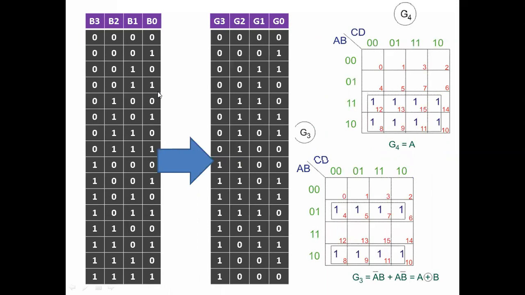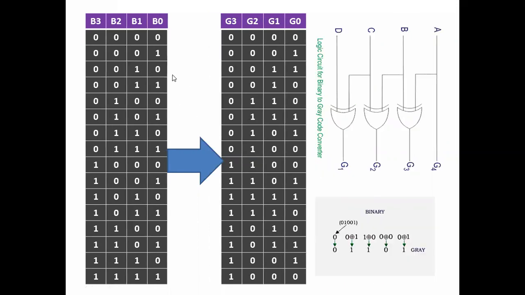So we know the 4-bit equivalent binary numbers, and then its gray code. According to the procedure I told you, you have to take the given binary numbers as they are, and then take the XOR operations. Finally, you can get the gray code. So this is the gray code equivalent circuit.